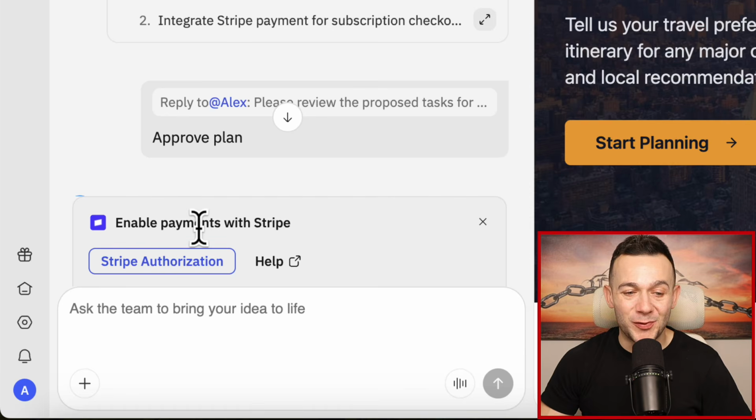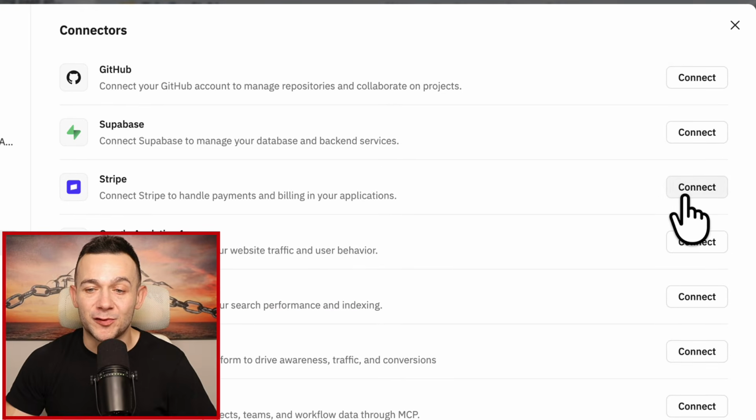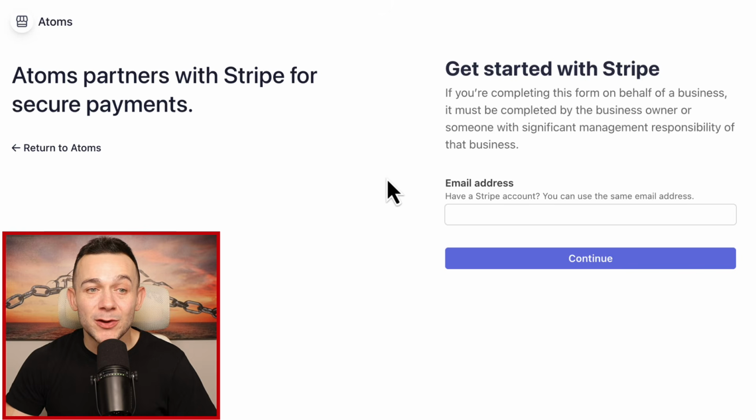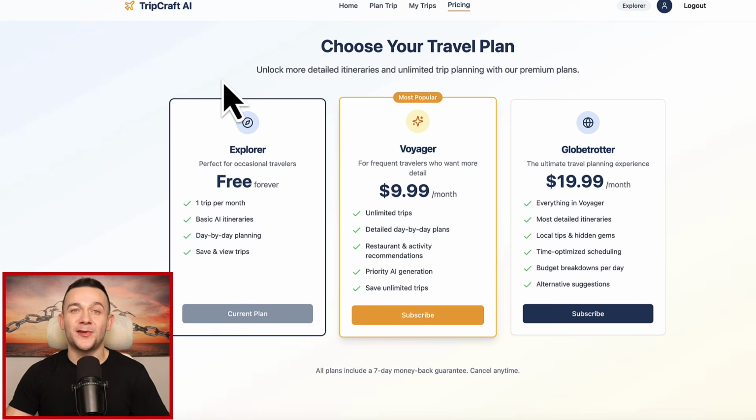It'll then ask me to enable payments with Stripe. I'll click onto where it says Stripe authorization right here. Click onto where it says connect next to Stripe, and you can very easily link your Stripe account if you already have one, or you can also register for Stripe, which is super easy to do, so you can start receiving those monthly subscription payments every single time one of your app users upgrades from the free Explorer version of